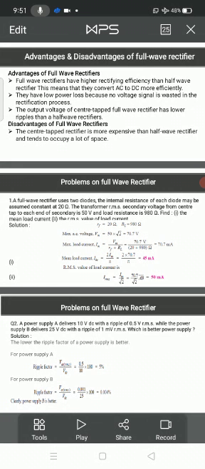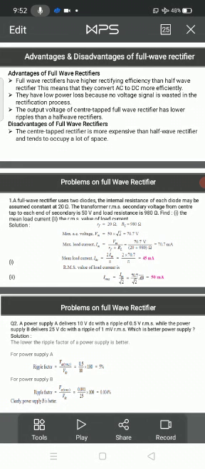But in the case of the full wave rectifier, all the voltage signal is rectified. That means both positive half cycles and negative half cycles are rectified. So they have low power losses for this reason. The half wave rectifier has more power loss because it rectifies only one half cycle, just 50% of the input voltage, so its power loss is high compared to the full wave rectifier.